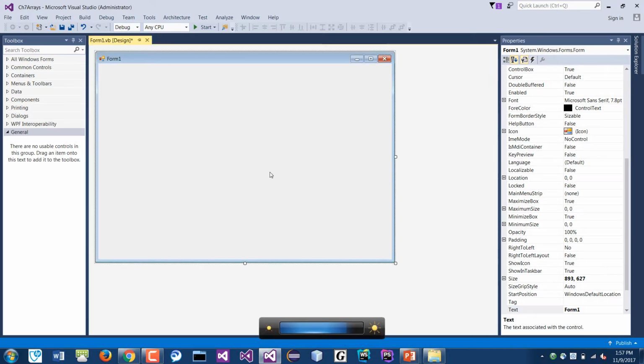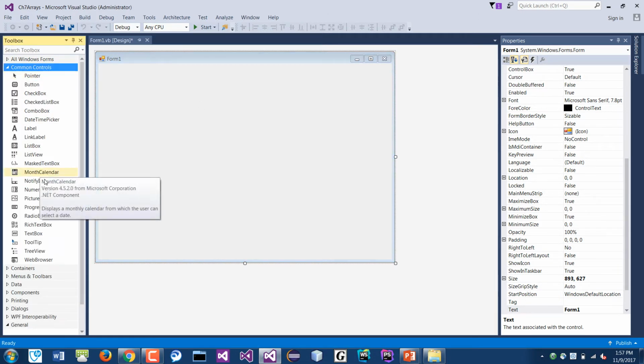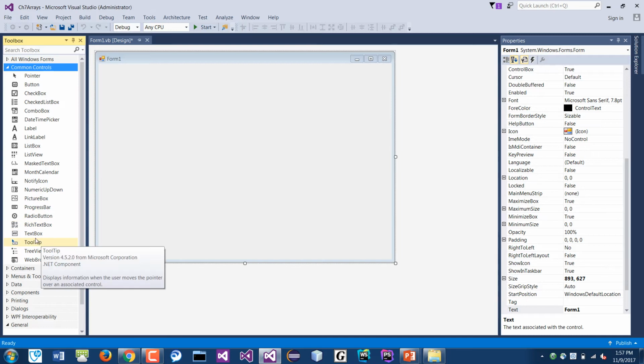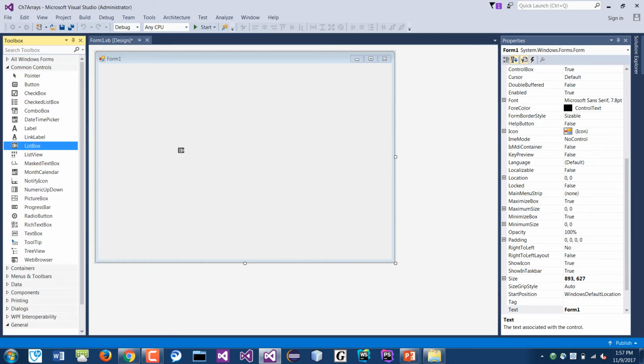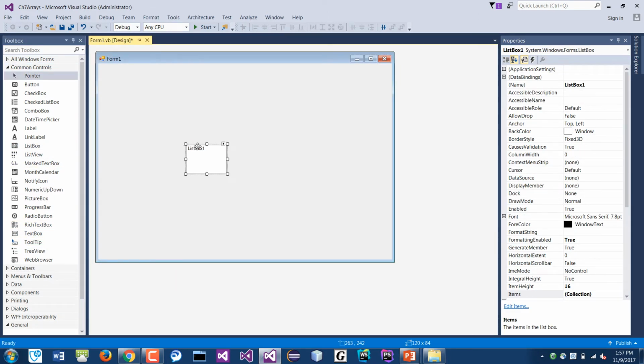All right, so we're just going to have a list box here. So I'm going to go to the common controls, and I will add a list box to this form, and then probably not that big, but